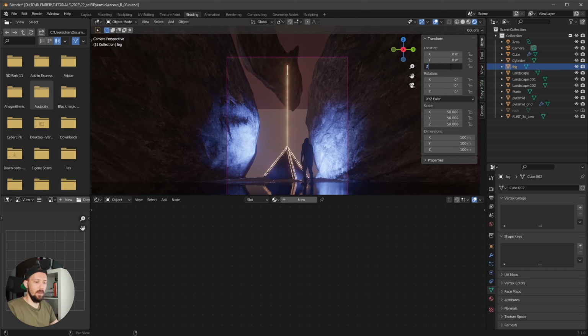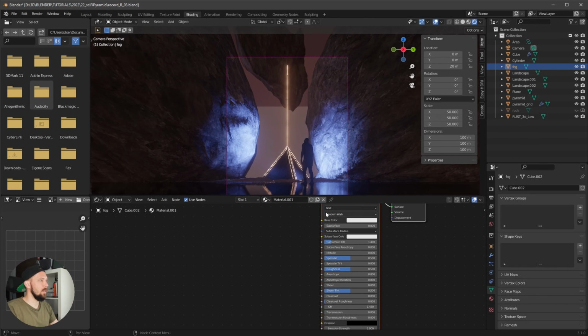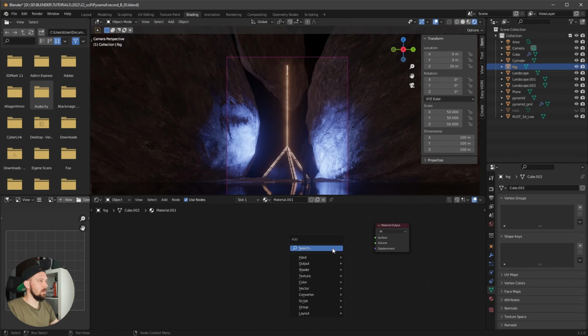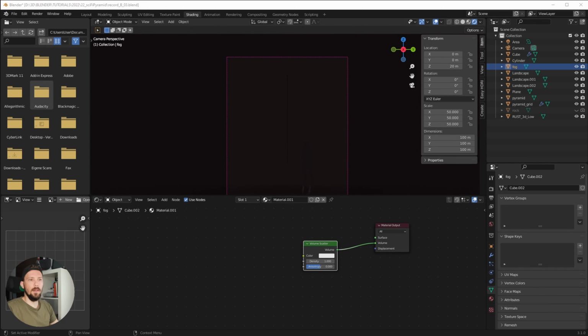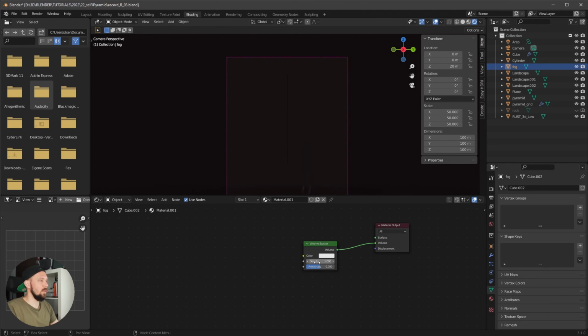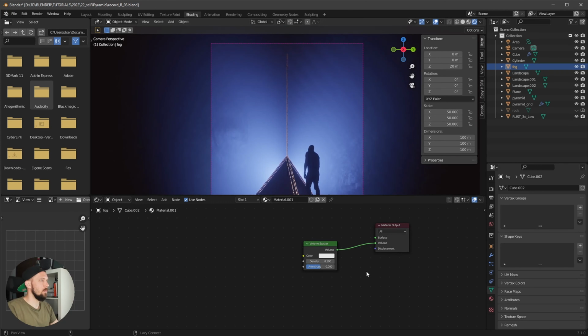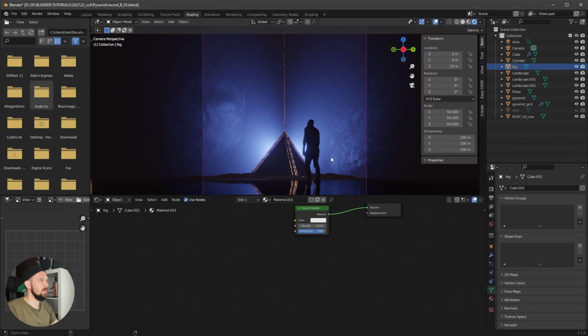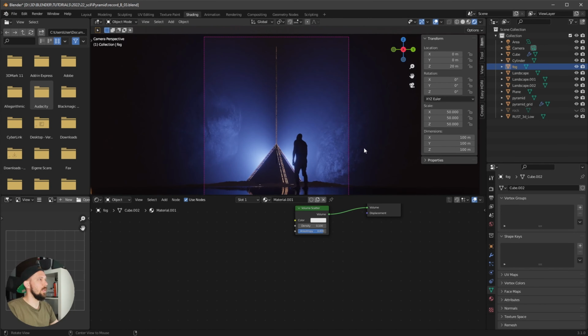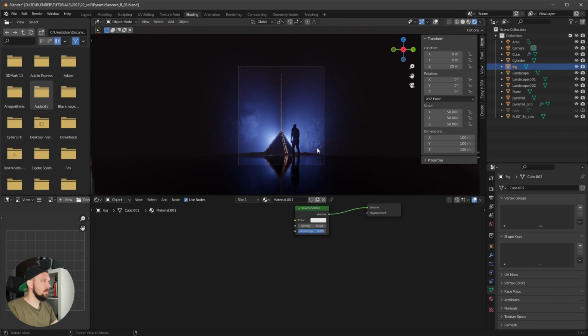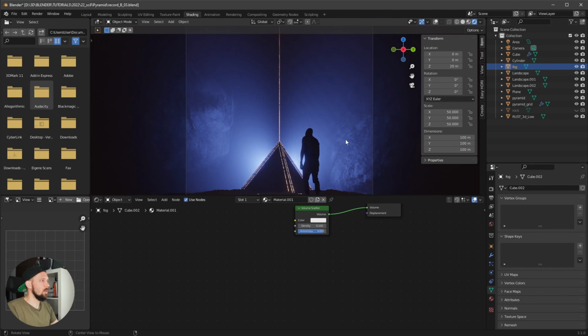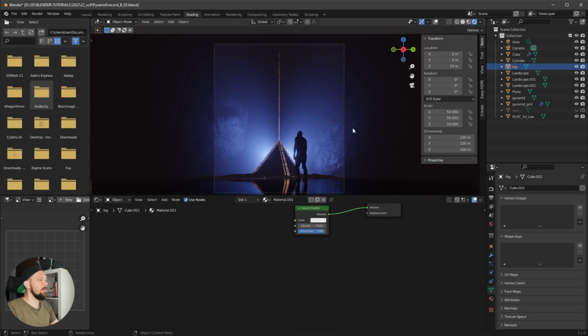something like 20. Let's add a new material, and we don't need this one, we only need here the volume scatter, and let's put this one here in between. And yeah, we want to use the density of 0.1, and then anisotropy to 0.8. So here is something big lighting going on now. So now we can see a little bit better here what's going on. So for me, this blue light is okay,